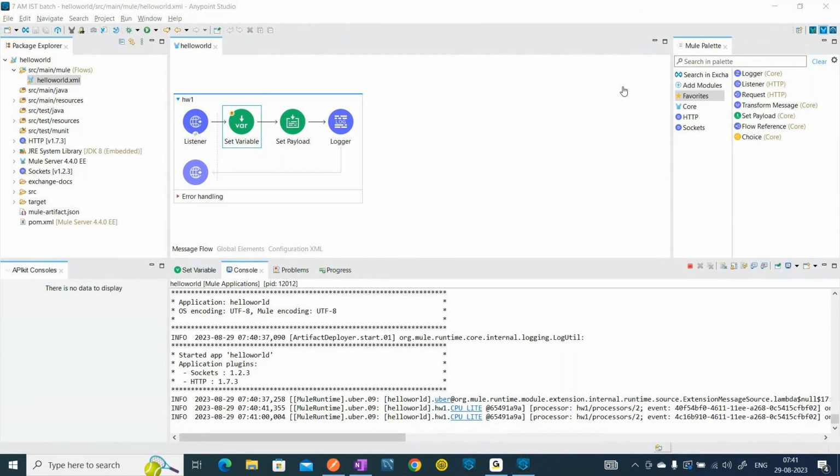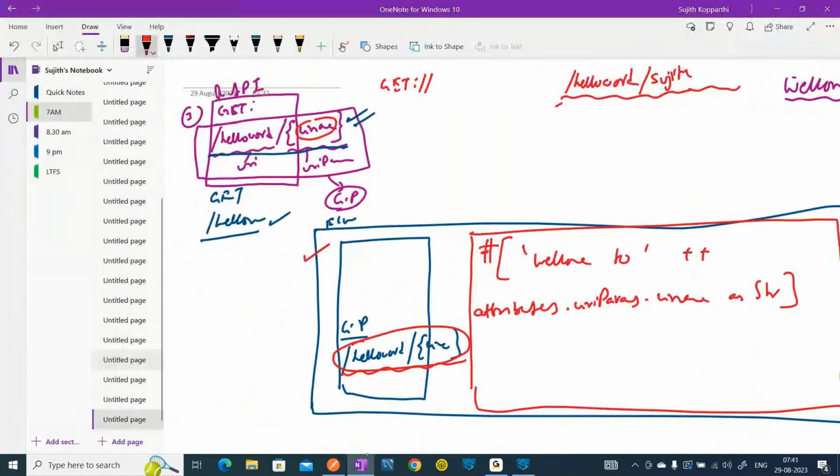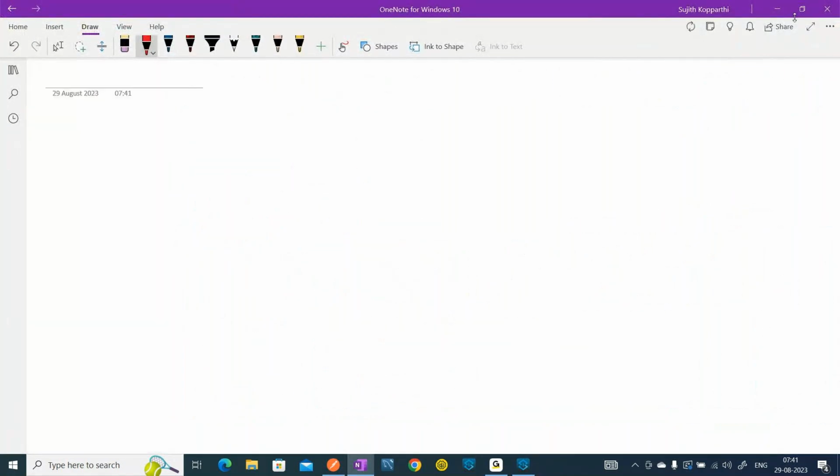Clear? Yes, no? Now, if you understood these two concepts, I want some output from your side. What is that output actually? Basically, this is an assignment for you. By tomorrow, I want you to submit this. The assignment is